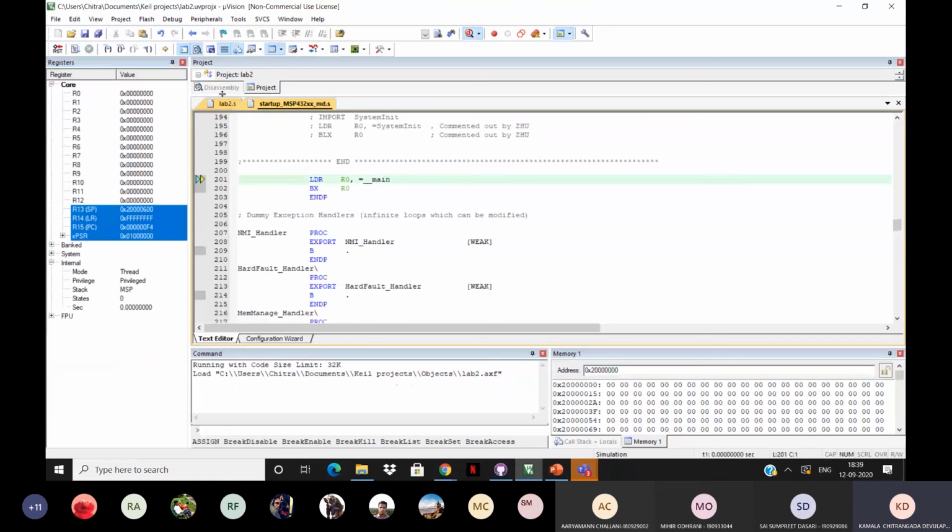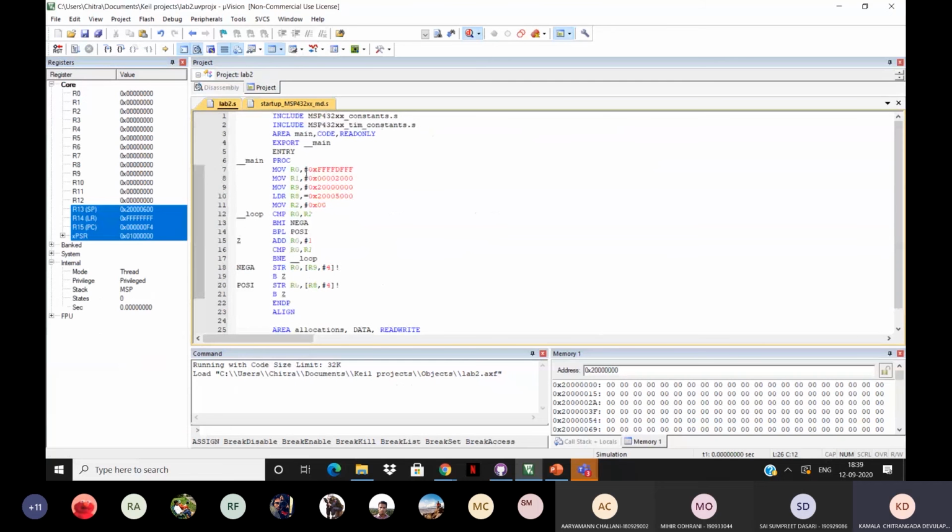So initially in this code, I'm moving this value here to my R0, which is a negative number. And I'm moving a positive upper limit to R1. And this 2000, that's basically, I'm giving that number to access my memory window here.